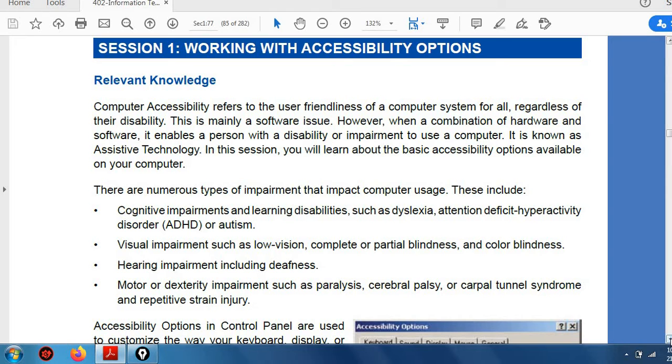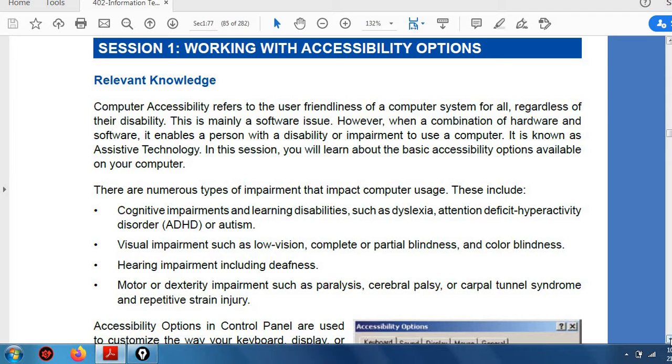There are some people who are disabled in some kind, right? For example, there are hearing impaired persons, there are physically disabled persons, and visual impaired persons. So can all these kinds of people use computers easily or not? There are some facilities in our system which can help them. There are some settings in our computer through which they can easily use the computer, right? Computer is easily accessible to them.